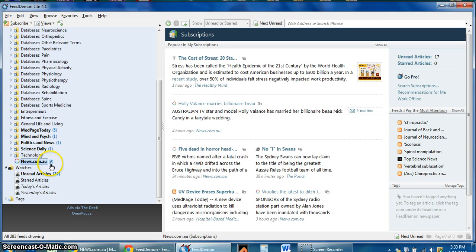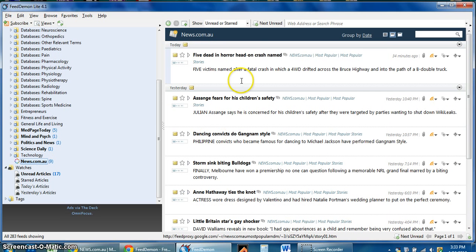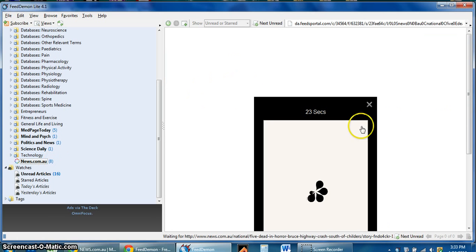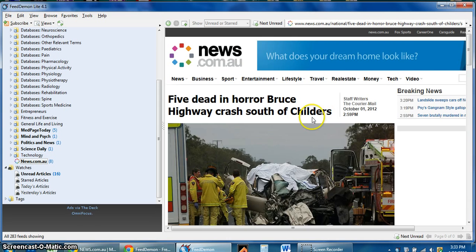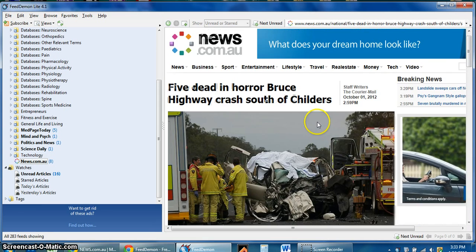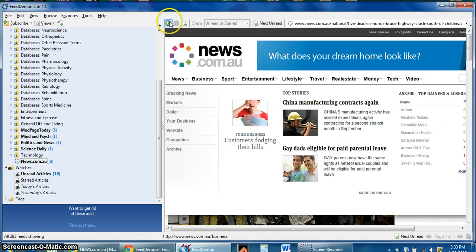There's already 9 articles in there. We can click on that. If we click on this article, we'll see that that number updates because we've now read that. And it takes us through to that web page. If we go back,